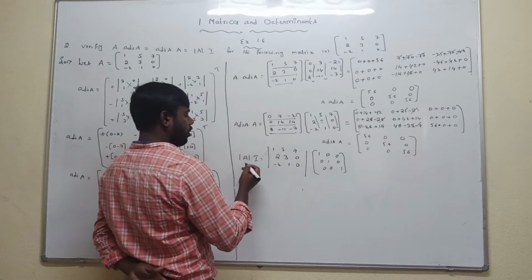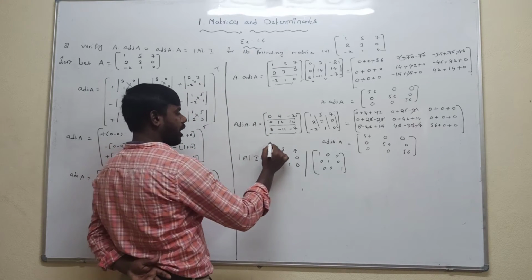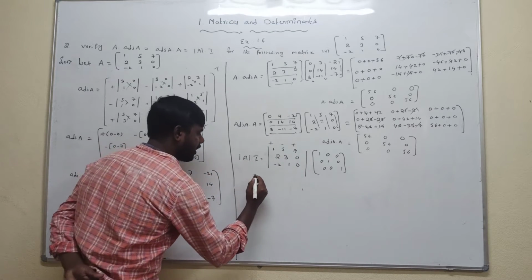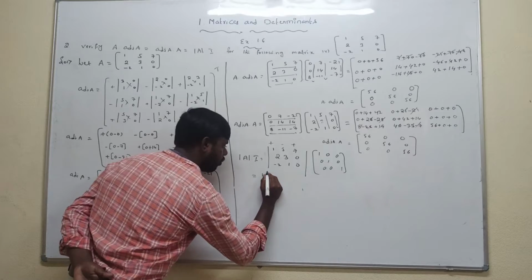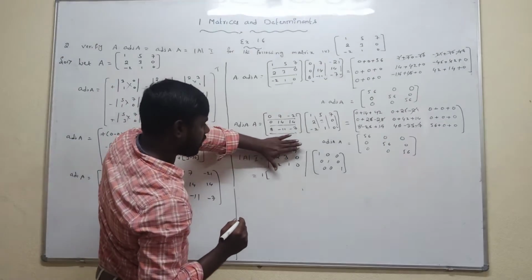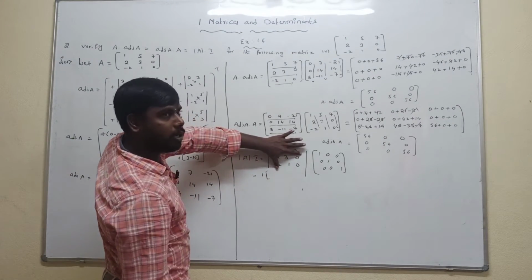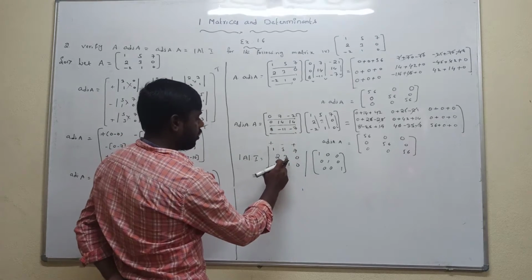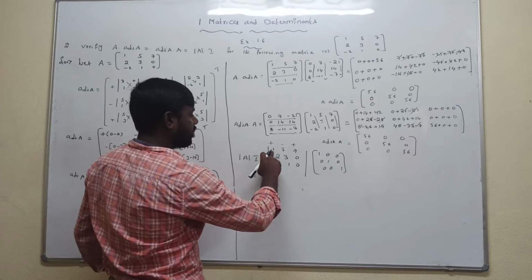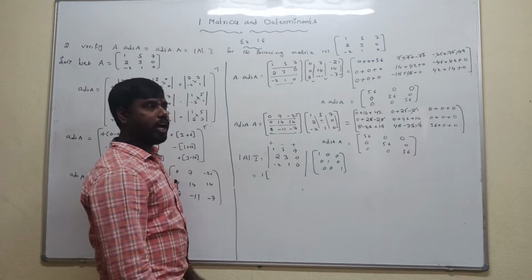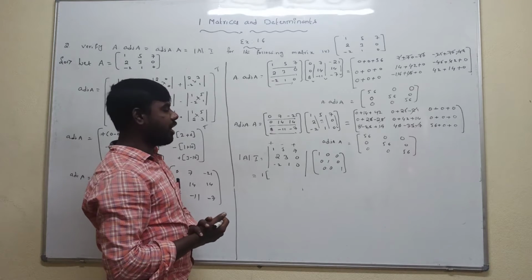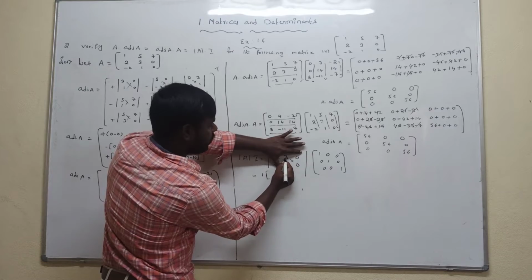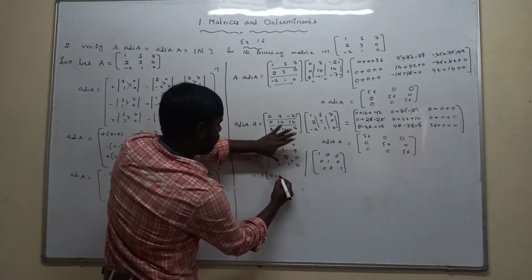Okay? So how to find the determinant of matrix 3 by 3? Signs are plus, minus, plus. Now first element we consider, plus element 1 present in the first row, first column. Eliminate that row and column, and write the determinant of the left of the elements. What is the left of the elements here? 3, 0, 1, 0. So cross multiply 3 into 0, 0 minus 1 into 0, 0.